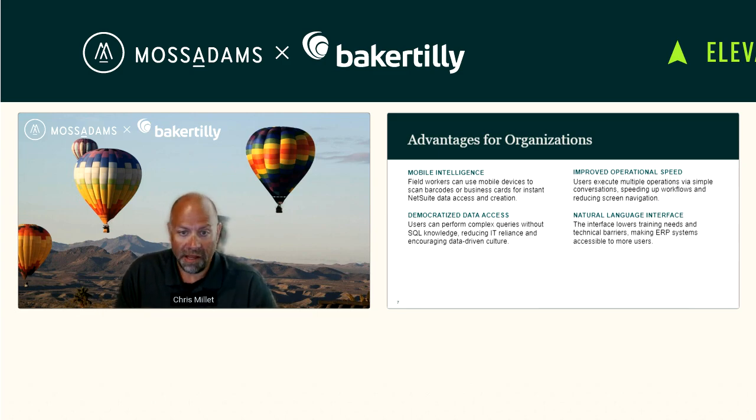And then that natural language interface we've been calling out multiple times really lowers the training needs and technical barriers. As a for instance, you'll see this in some instances, you may not even have to log into your NetSuite environment formally. You may not actually have to click a button. You may not necessarily have to even know how to create a transaction, a PO or a transfer. You can just tell the AI connector to do it and then see the result of the behavior.